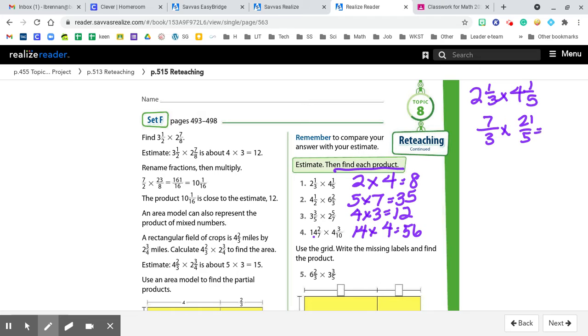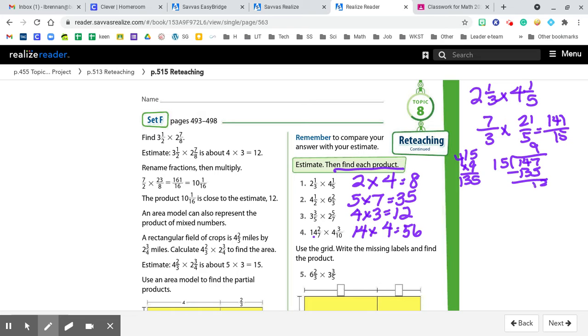Let's see what I'm doing here. 7 times 20 is 140, plus 7 is 147 over 15. Remember, I can say 15 goes into 147. I know it's going to be 9 times, so 135. So it's 9 and